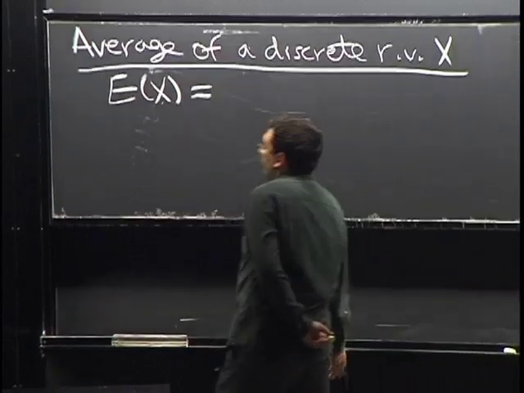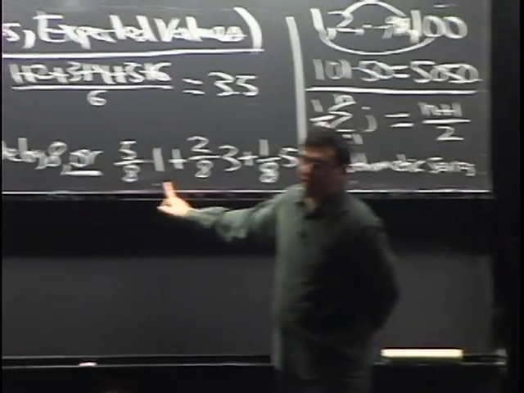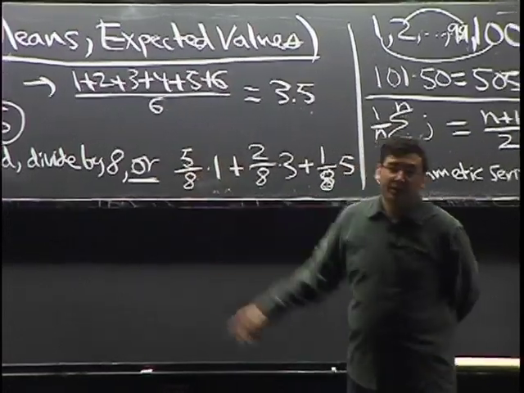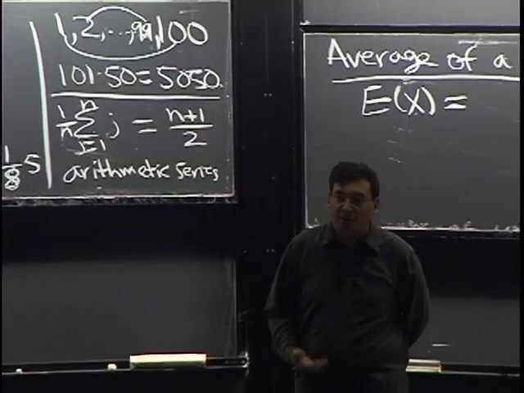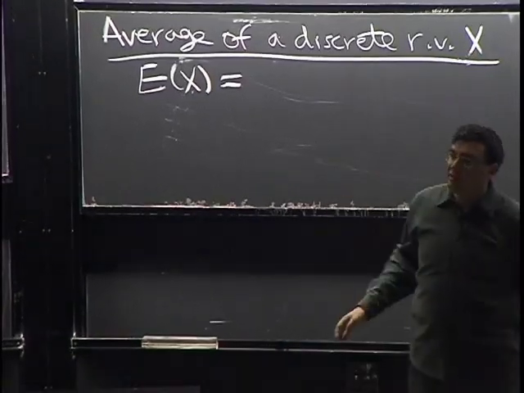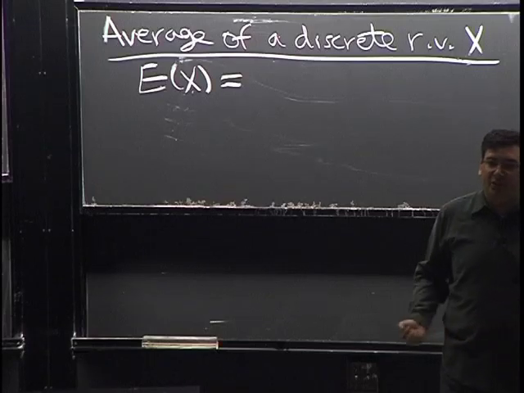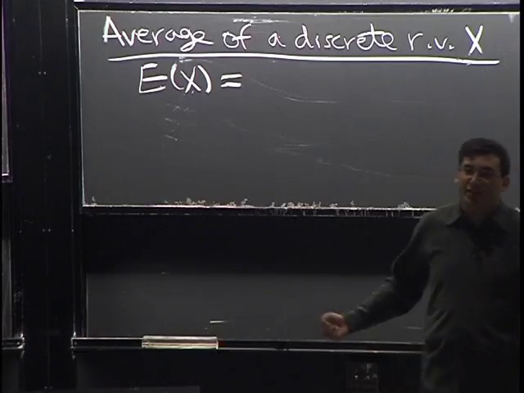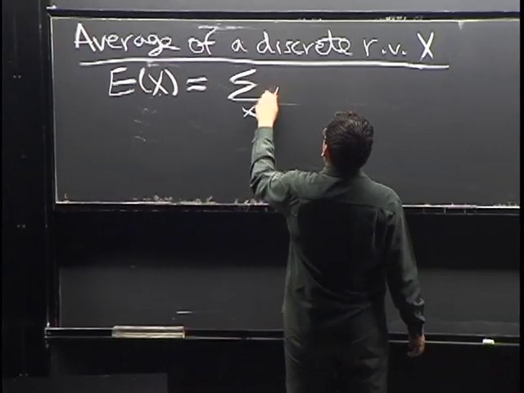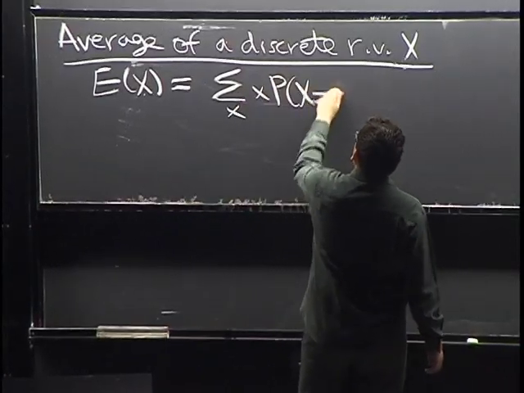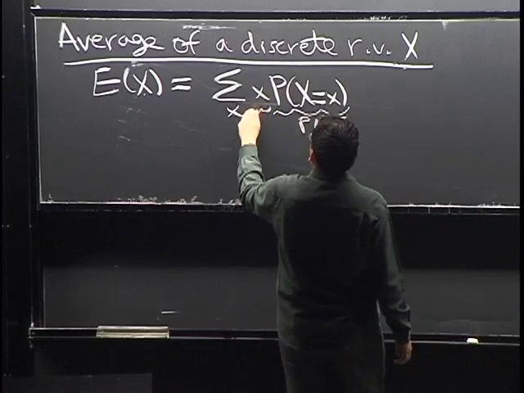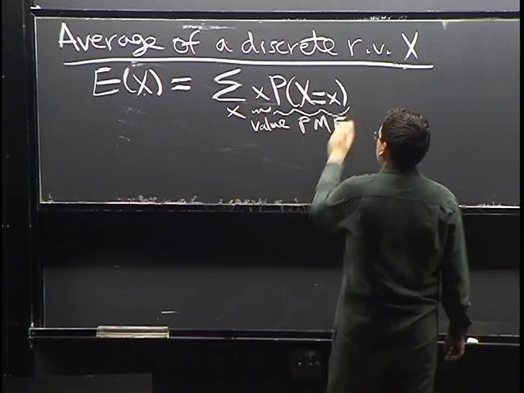E of x equals, and now I'm just going to use this same idea that we're summing up values times weights, and the obvious weight to use would be the probabilities. If I want to know the average of x, and x has different possible values, I'm going to give higher weight to the values that are more likely, and low weight to values that are unlikely. That's all we're doing. So we just write the sum over all x of x times the probability that x equals x. That's the PMF, and that's a value. This is the easiest way to write it,